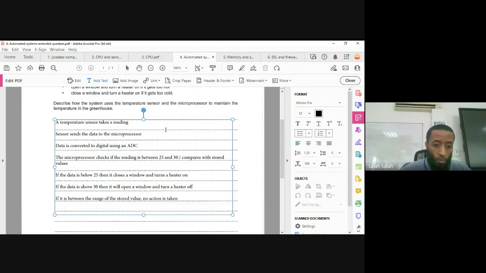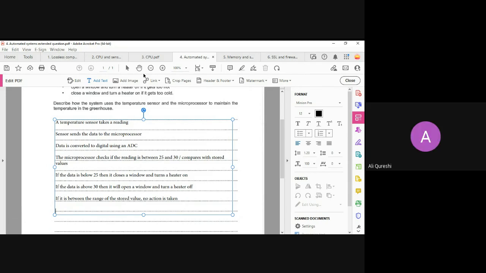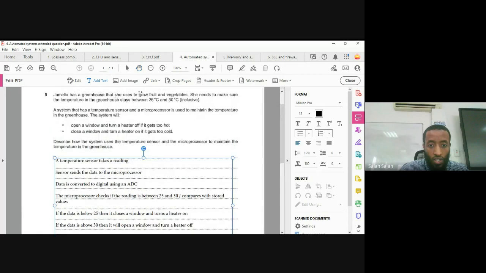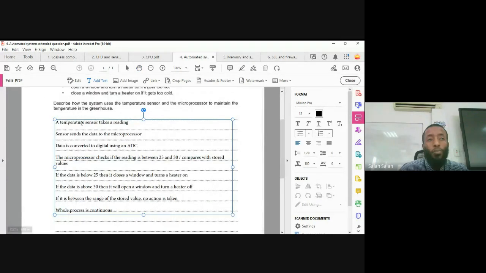All right, that's how many marks? 1, 2, 3, 4, 5, 6, 7. 1 more mark. You can say the whole process is continuous. Excellent, yeah. Good stuff, Ali. Whole process is continuous. You know why? If it only did this process once, then it won't be a very effective automated system. But it's going to do this continuously to make it automated. Okay? So this is the type of question that you could get for something about sensors and